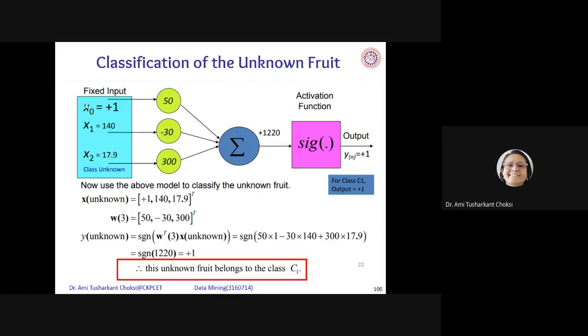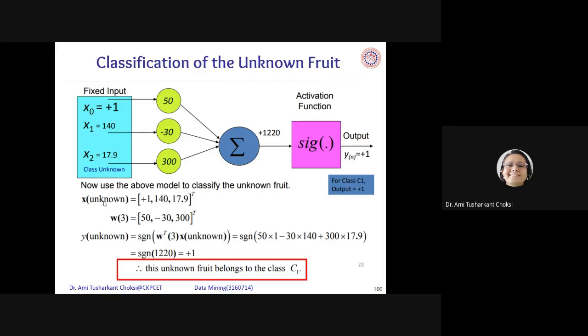Very simple figure. We just have to know the x inputs. The bias is there, so we give it as a +1 fixed input, and whatever weight is given as the bias will be represented here as the weight. If you remember, first we considered only the bias, given separately. Then we modified the structure so that x0 is equal to +1, a fixed input, and the bias value becomes its weight. So we can treat it the same way, as wixi, and we do not have to write it separately. That is the modified structure.